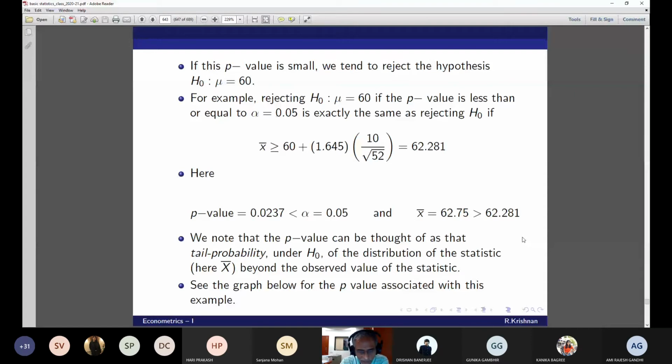No, this is definitely accepted at the 1% level. This is definitely rejected at the conventional significance level of 5%, but it is also accepted at the other conventional significance level of 1%. You can conveniently say that. So instead of writing all that, nowadays people just report this p-value and leave it to the reader to interpret it any which way he or she wants. My question is, what is that x bar that I have calculated next?